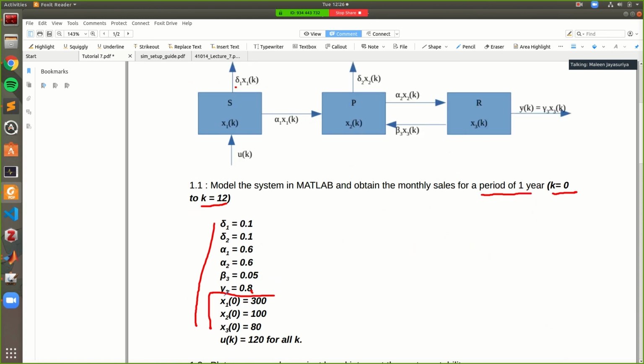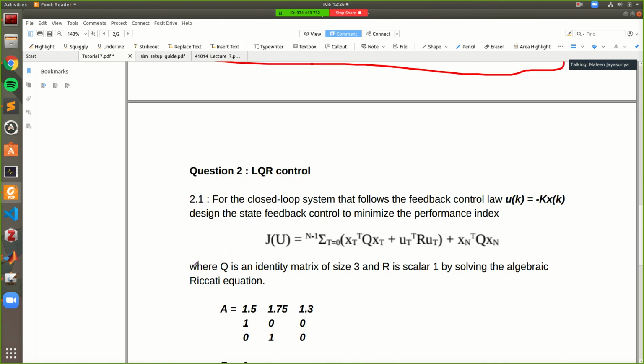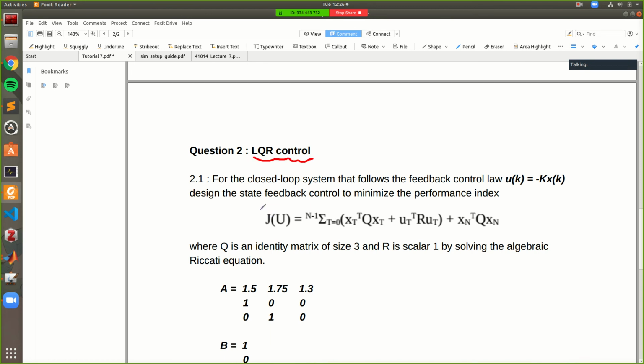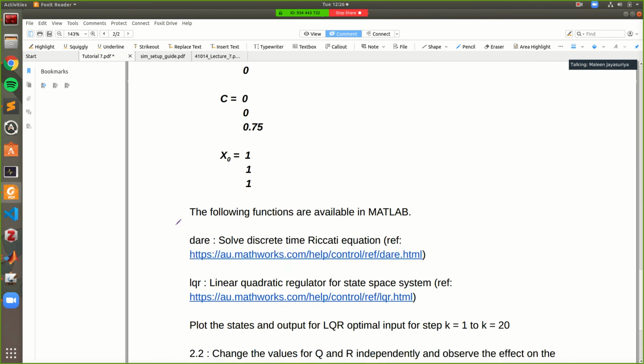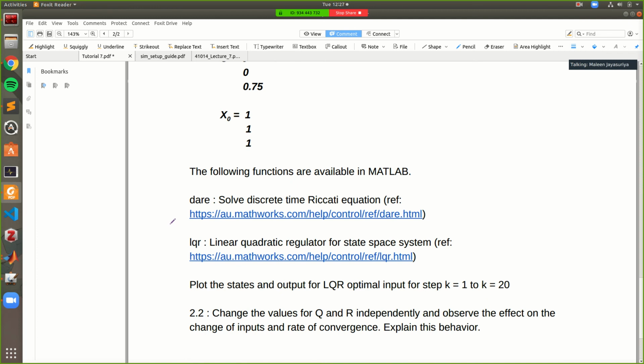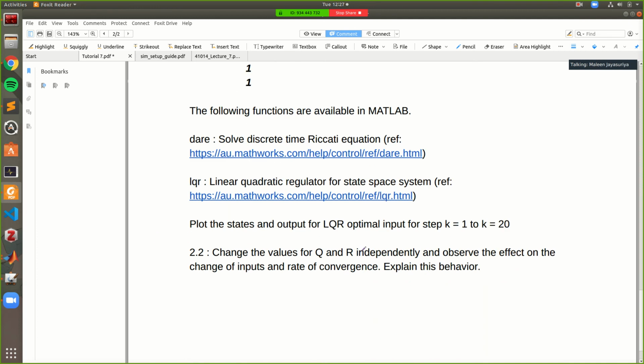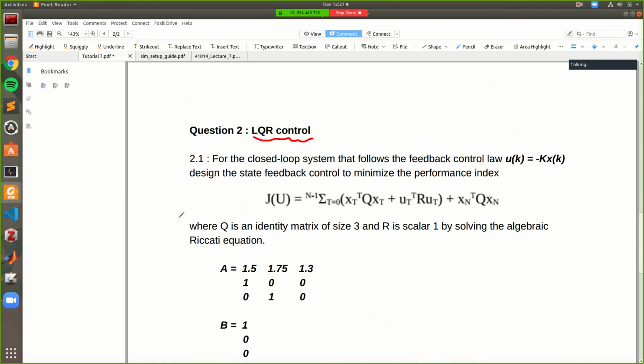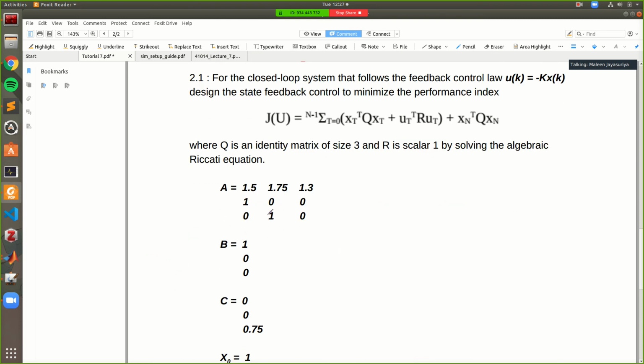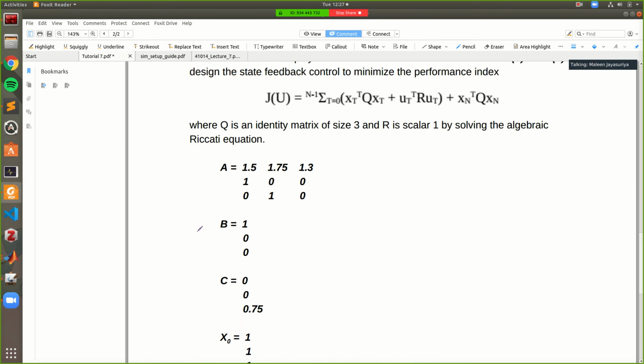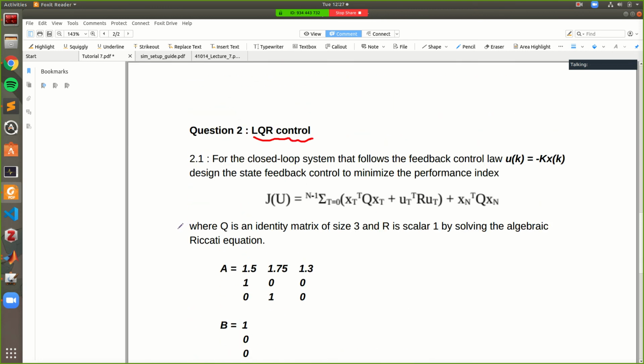Now the second question that we're going to look at is pole placement using LQR control. You can do essentially what we did last week, using the same functions like LQR and so on to calculate a pole placement. So we can do a closed loop system and do LQR control, but in this case we'll be looking at a discrete time system instead of a continuous time system. I'll give you guys another 10 minutes to try that out, and then we'll discuss it.